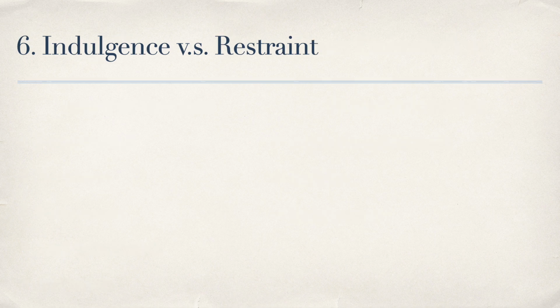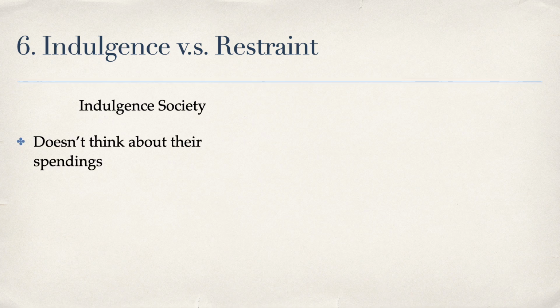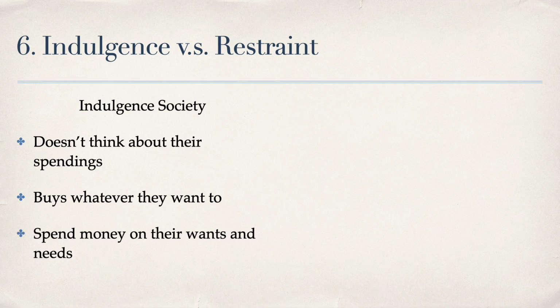And then last but not least, indulgence versus restraint considers the extent and the tendency of a society to fulfill its desires. It is a measure of the culture's impulses and desires. An indulgent society allows relatively free gratification and high levels of a happy life. In a highly indulgent society, people have been found to spend more money on luxuries and enjoy more freedom when